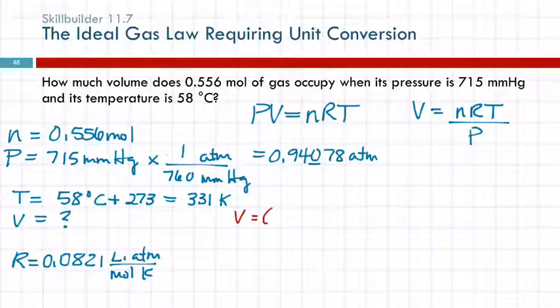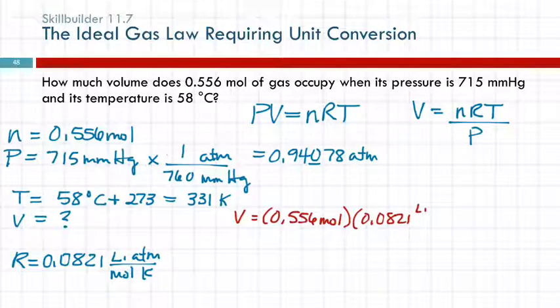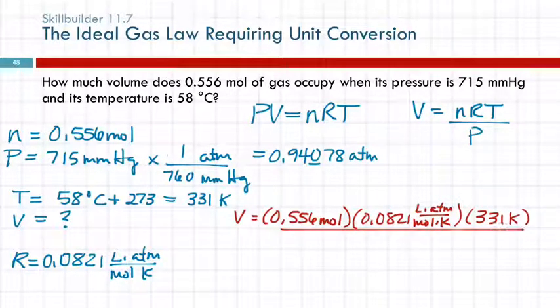So I want N, 0.556 moles, R, 0.0821 liters times atmospheres divided by moles times Kelvin. And then the temperature in Kelvin, 331 Kelvin. And I'm going to divide all of that by the pressure,